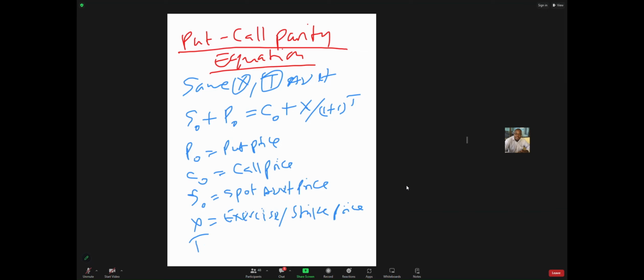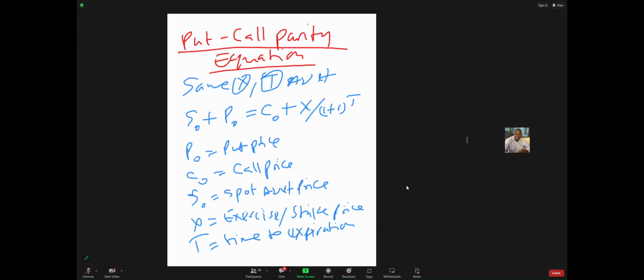Then T is time to expiration. Time to expiration, I see. So that is the put call parity equation,